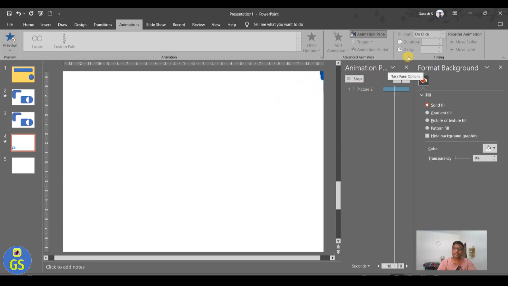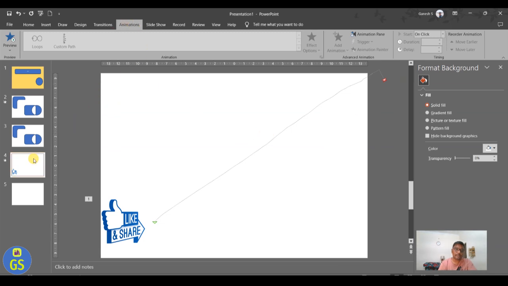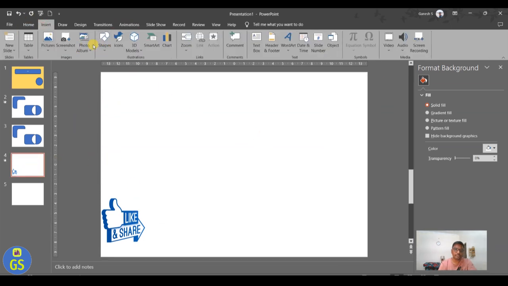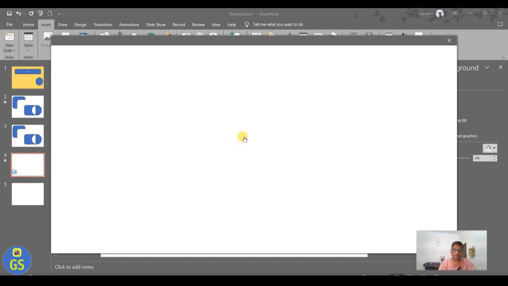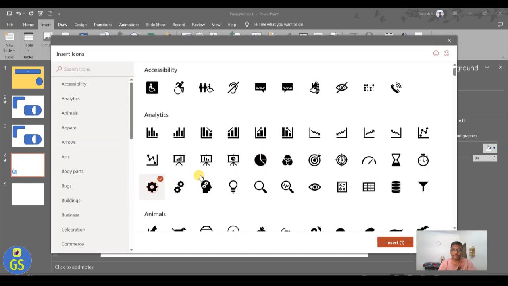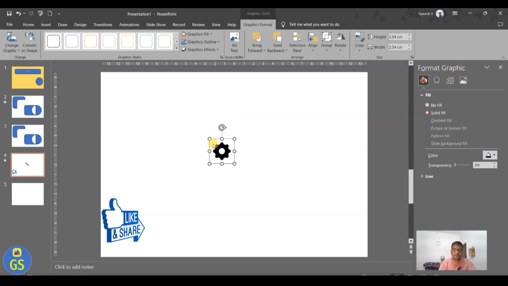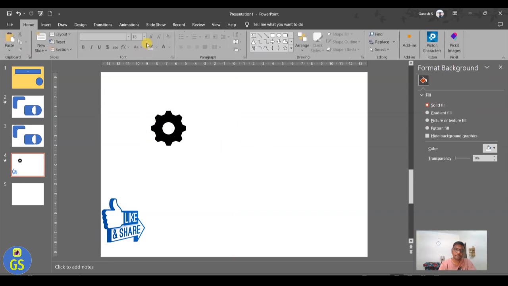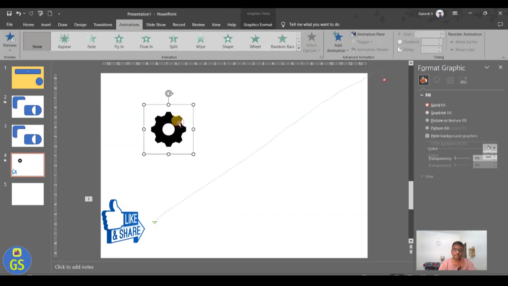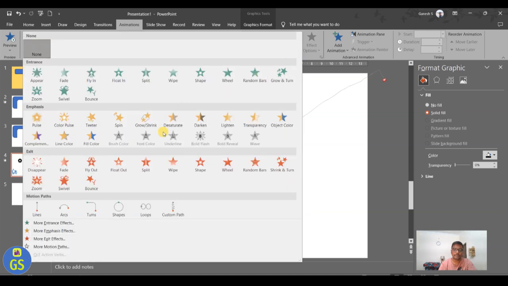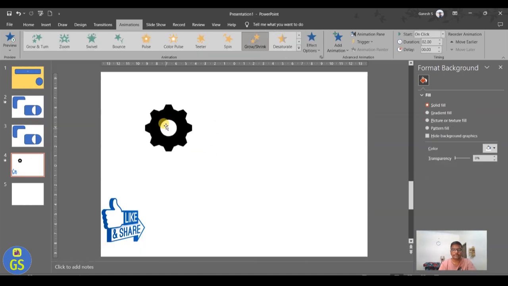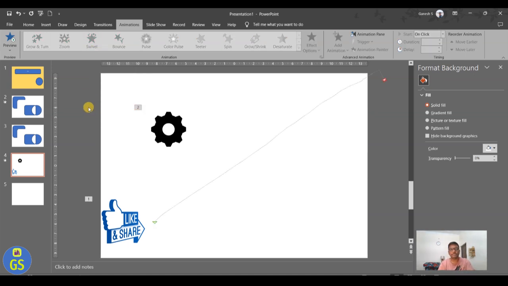Right, fine. So n number of options are there. You can add any objects, you can add some icons also, and you can create some animation for that. Right, so let's see this animation. Again here, select this object, you can go for grill. So there are some good animation features which you can go ahead and practice. Right, so the next part which you want to learn in Microsoft is all about